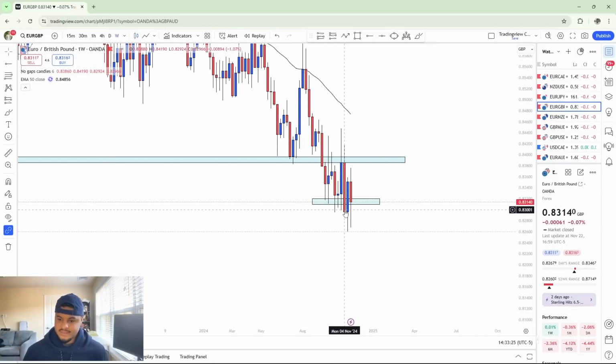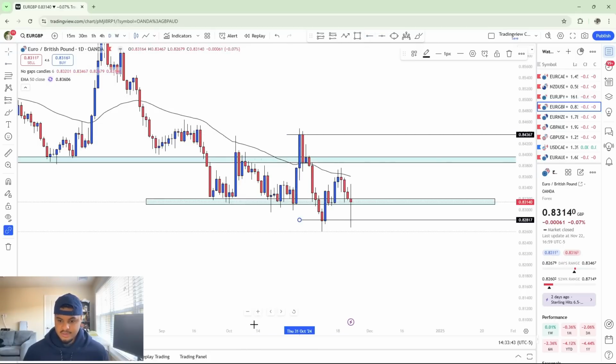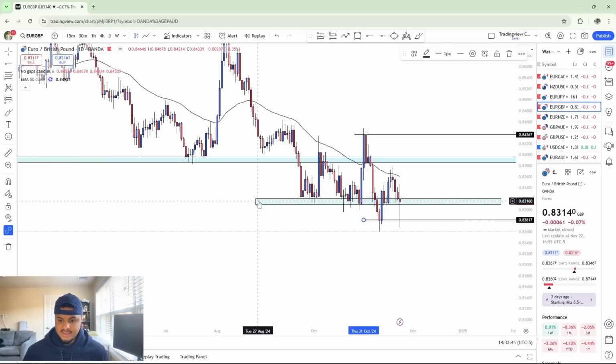Definitely bearish. This is one that I'm iffy on. I'm definitely probably not going to take it, but I do think it's still pretty clean. Euro GBP, lower high, lower low, lower high, lower low. If you extend this to the left,